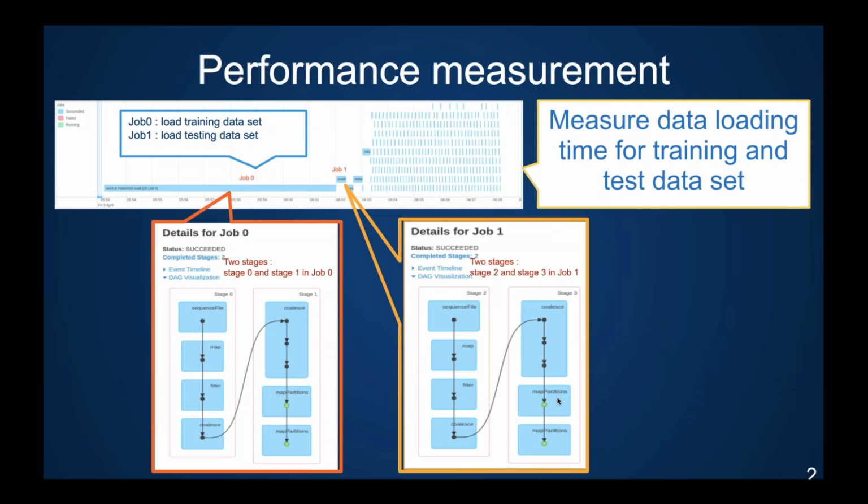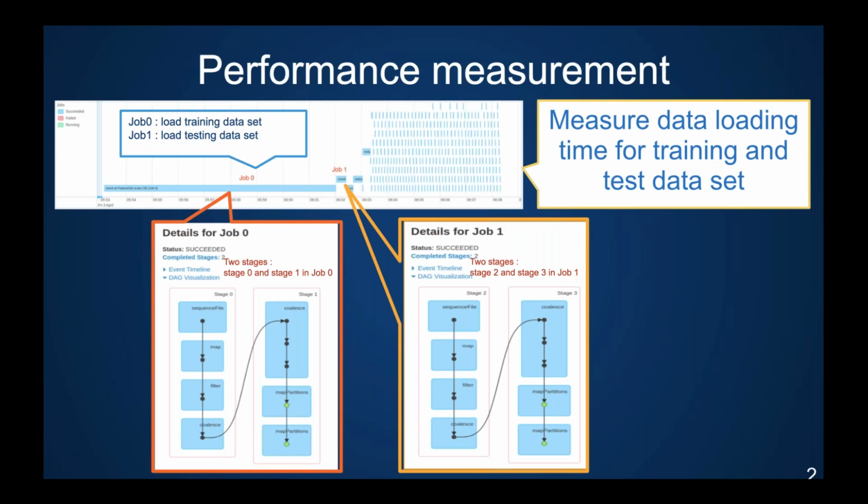Along the application timeline, first there's a data loading part, and then comes the deep learning computation part. For the data loading part, we have 2 main jobs. The first, job 0, is loading the training data set. And the second, job 1, is loading the testing data set.